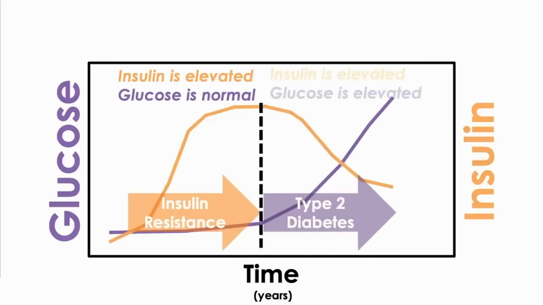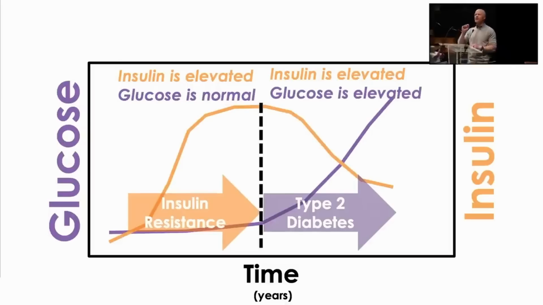It is only when the body has become so resistant to its own insulin that even though there is still an abundance of insulin, and if it is type 2 diabetes, it is always an abundance of insulin. Insulin never goes down to zero or even close in type 2 diabetes. If that's happening in a patient, it is not type 2. They have developed type 1, or they have some delayed version of another type called MODY. It is not type 2.